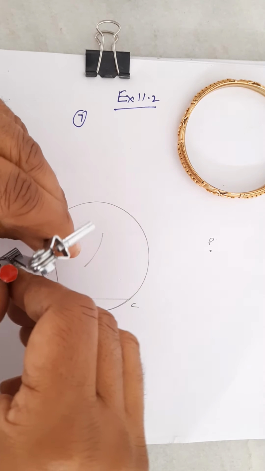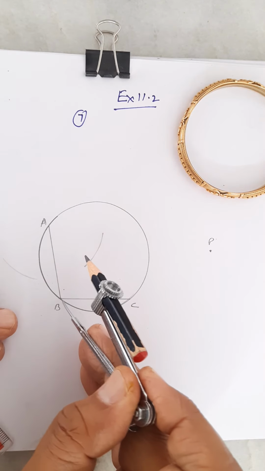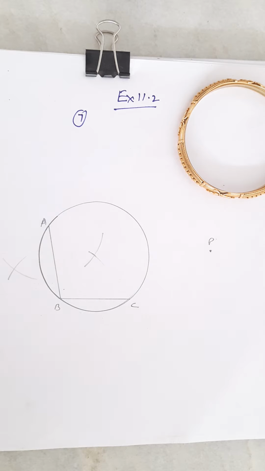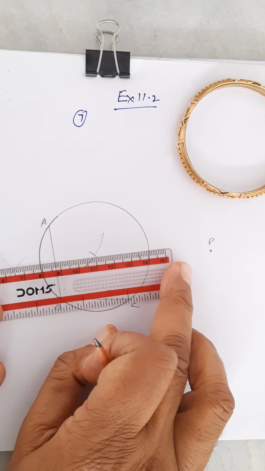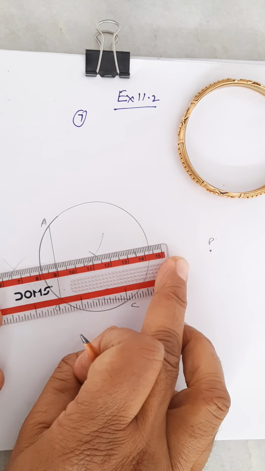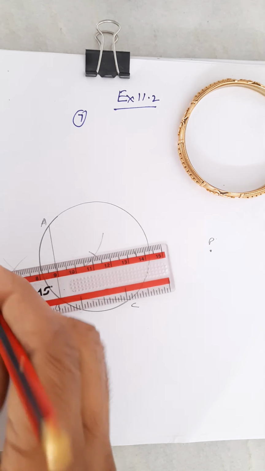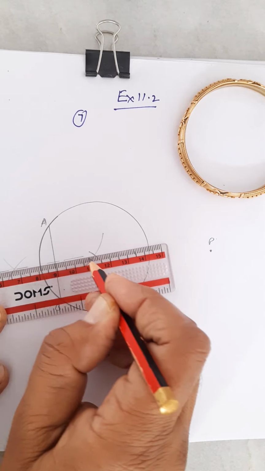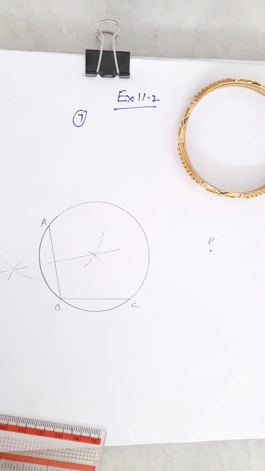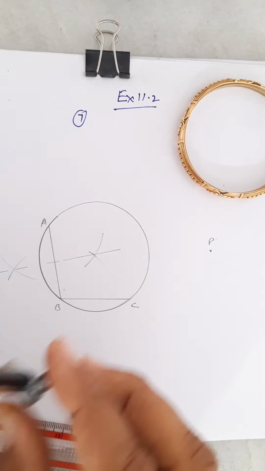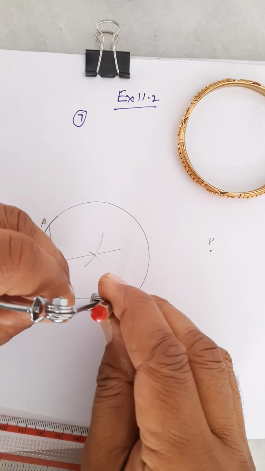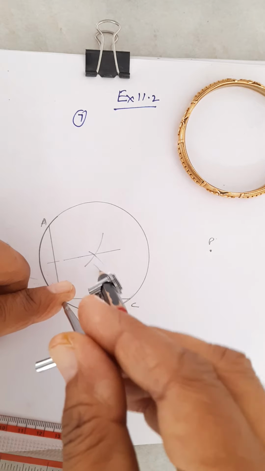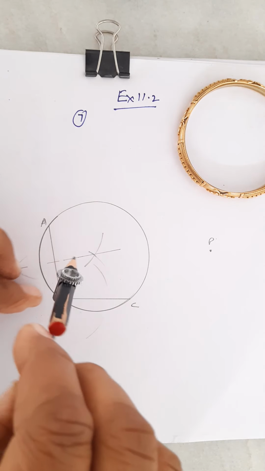So this is one, and this one is the second arc. In this way, we will draw the perpendicular bisector. Please see now, practically I am explaining you. So when you draw the perpendicular bisector, this is one perpendicular bisector, and we will draw the perpendicular bisector of the second also. Take a little smaller, so both the arcs will not overlap.